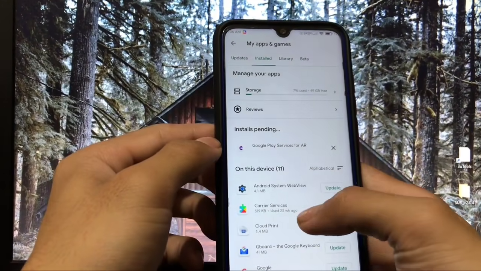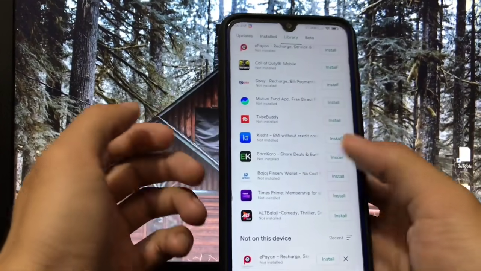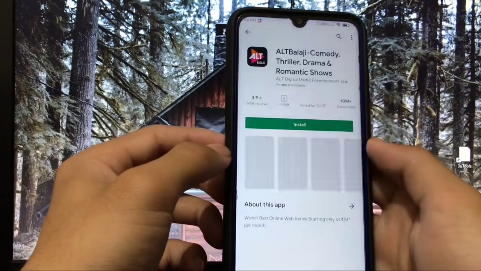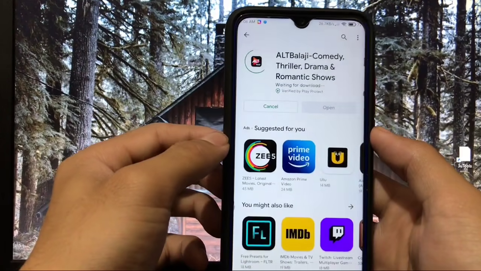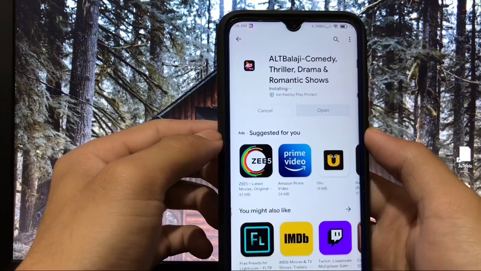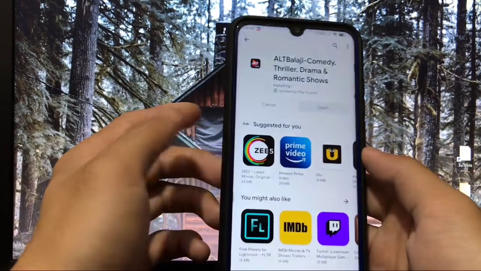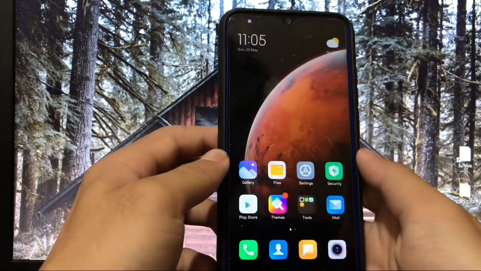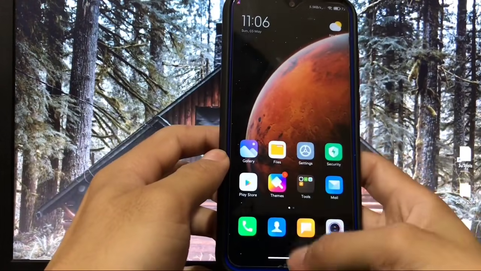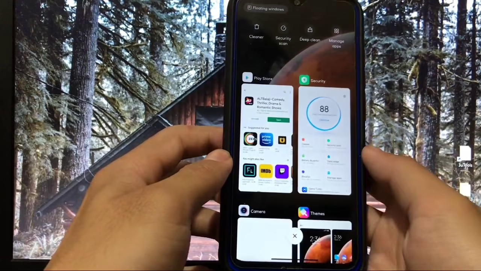I've tried to install apps and update some apps. Everything I just did, everything is working. As you can see, whenever I install, it is installing without any issues. Proper internet speed also. I almost got 4 MB per second of downloading, which is pretty much enough. If we talk about the animations, here it is, new animations of the recent screen, which look very good.